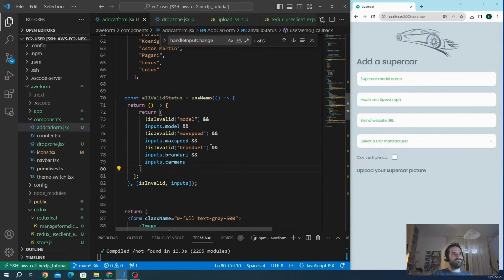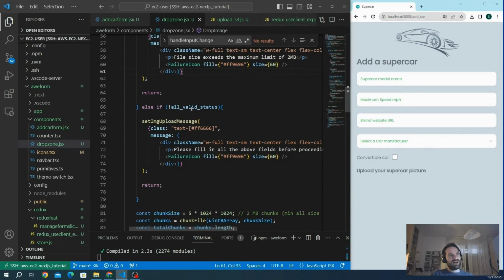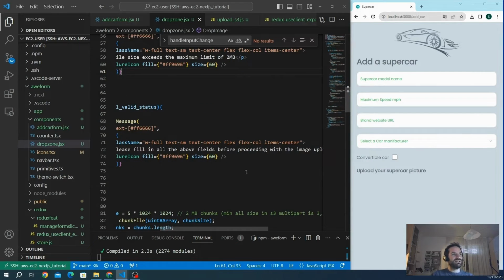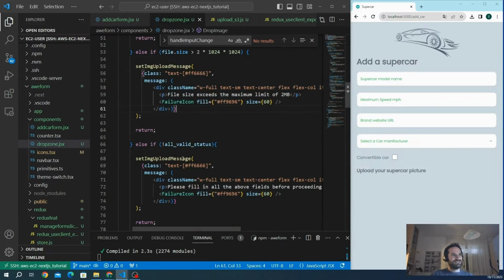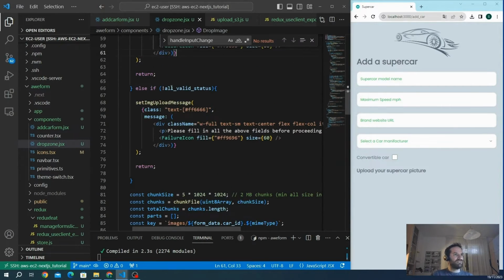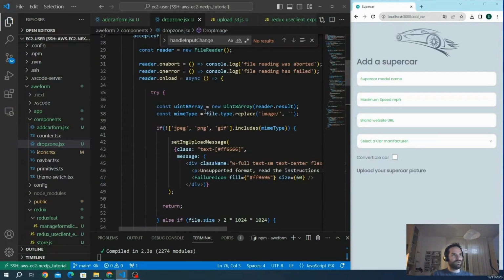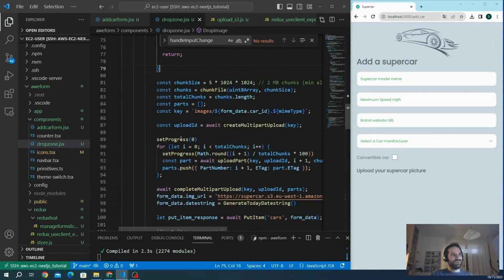It means that we are going to use this function and send it as a prop to our drop zone to validate it, to be sure that we have already completed all the upper part in the way that we want. Drop zone is here. If all valid status is not met, if it's false, we are going to give another error message that is please fill in all the above fields before proceeding with the image upload, and this is the third condition where we get the error. If everything is good, we don't return, we don't complete this function, and we go to